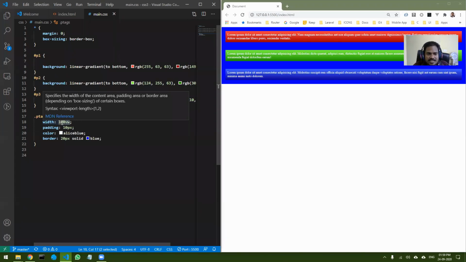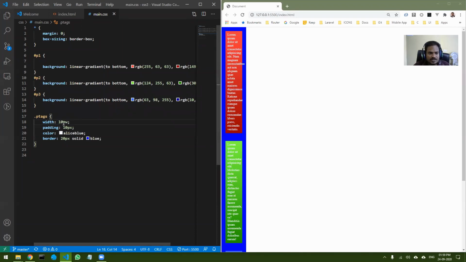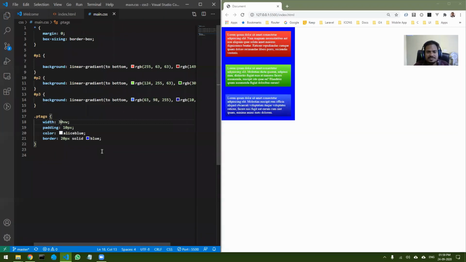So if I want complete width, I will set it as 100 VW. But let's suppose I want it a little smaller, just 10% of the width. So I can do 10 VW. Now if I save it, you can see it becomes very small. Let's take 30% of the viewport. Now I can drag it, and you can see the container becomes fluid. It's not exactly responsive, but it adjusts its size based on this.